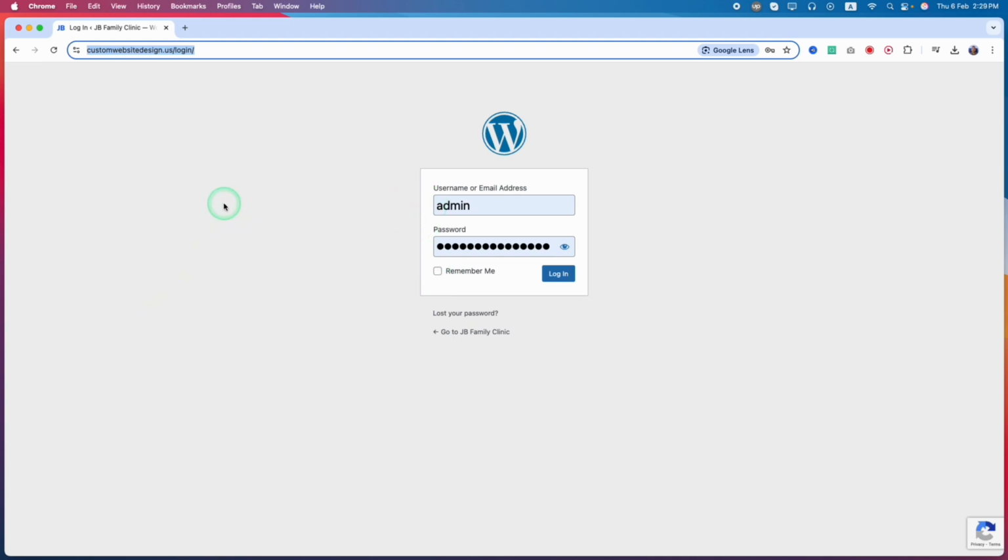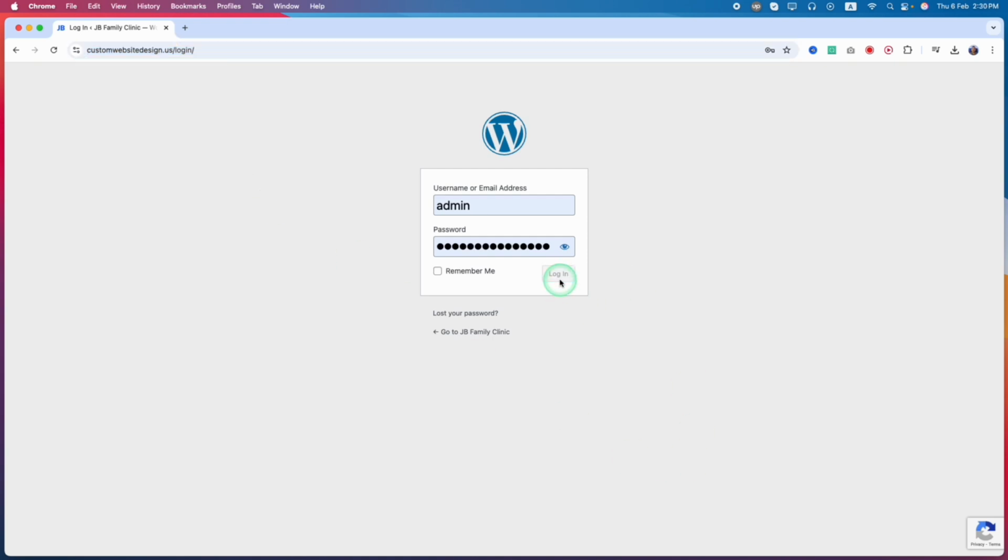If some person tries to add wp-admin or tries to log in, that person will not be able to do that, and this will help to keep the website professional, and no one will know about the login page of your website. Okay, now I click on login to the website.